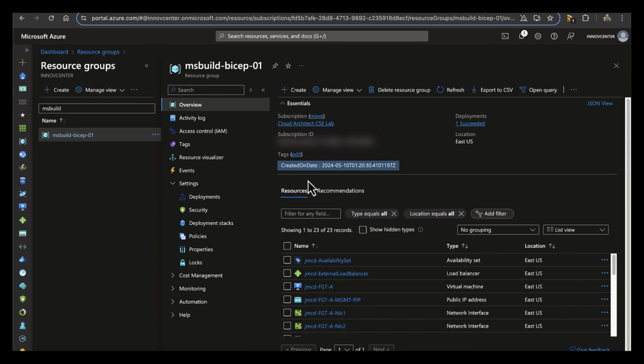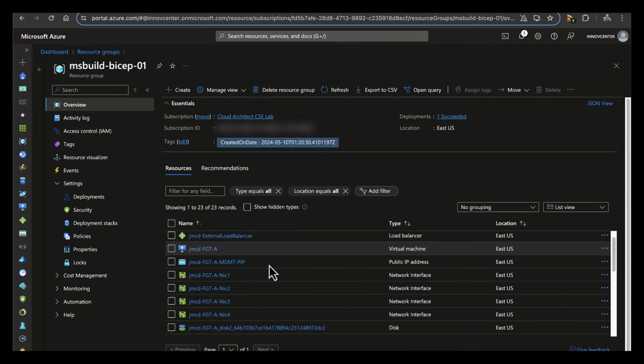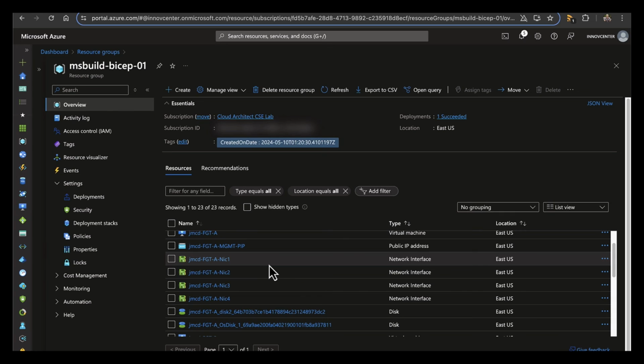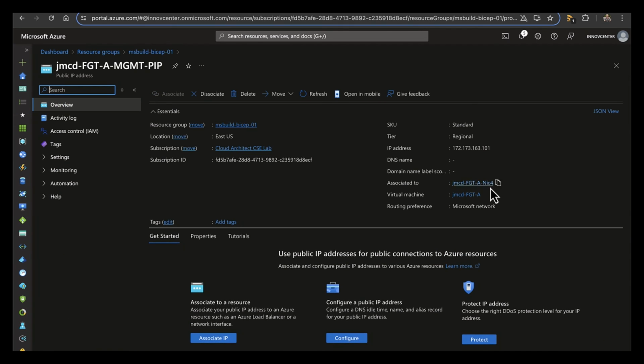And if I go to overview, I can see all the components that were created as part of my FortiGate deployment with Bicep. All the same components that would have been created with the ARM template, but they were created with Bicep. And if I just pick out the management IP address for one of the FortiGates,